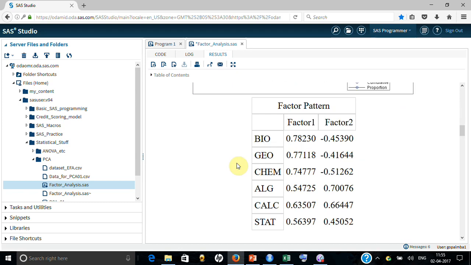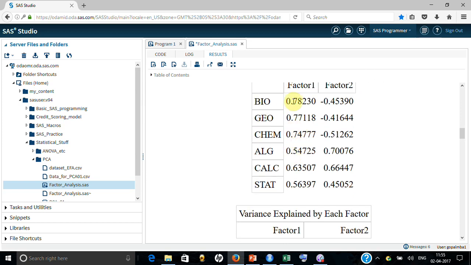And these are the loadings of these factors, the way it has come, and you can clearly see that it is a little confusing here because it looks like all the variables are here.